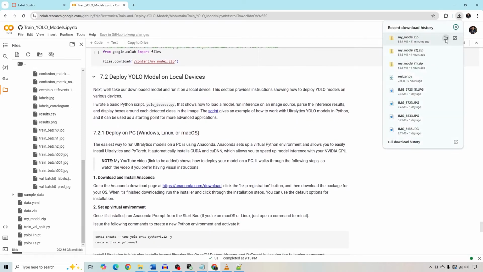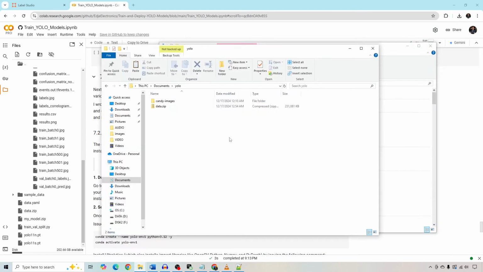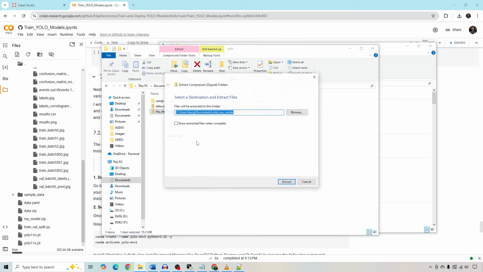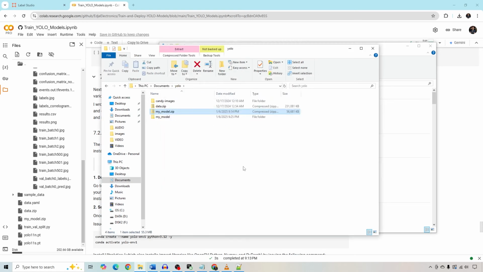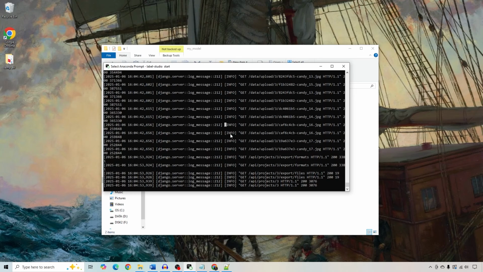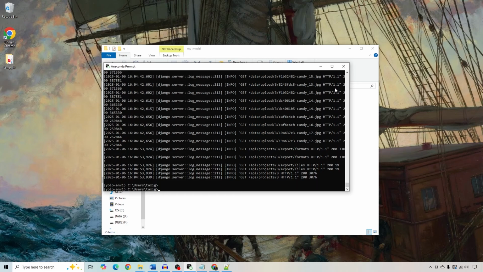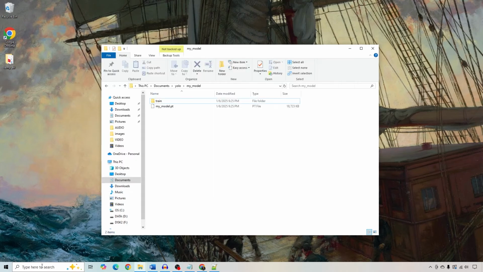Once the download is finished, move the downloaded zip file back into the YOLO folder that we were working in and extract it. We'll work inside this extracted folder to run our model. Go back to the Anaconda prompt window. If it's still running Label Studio, press Ctrl-C a couple times to stop it. Or if you've already closed the window, you can reopen it,